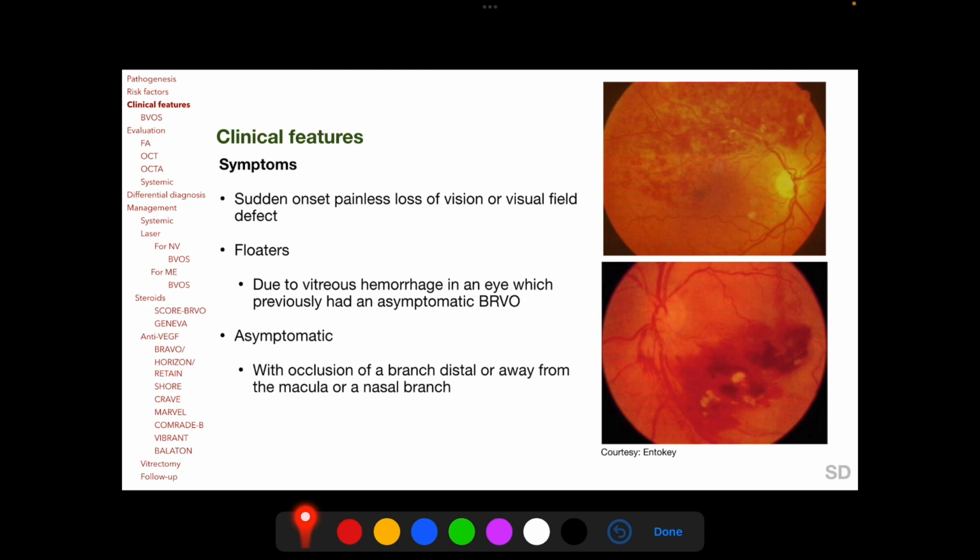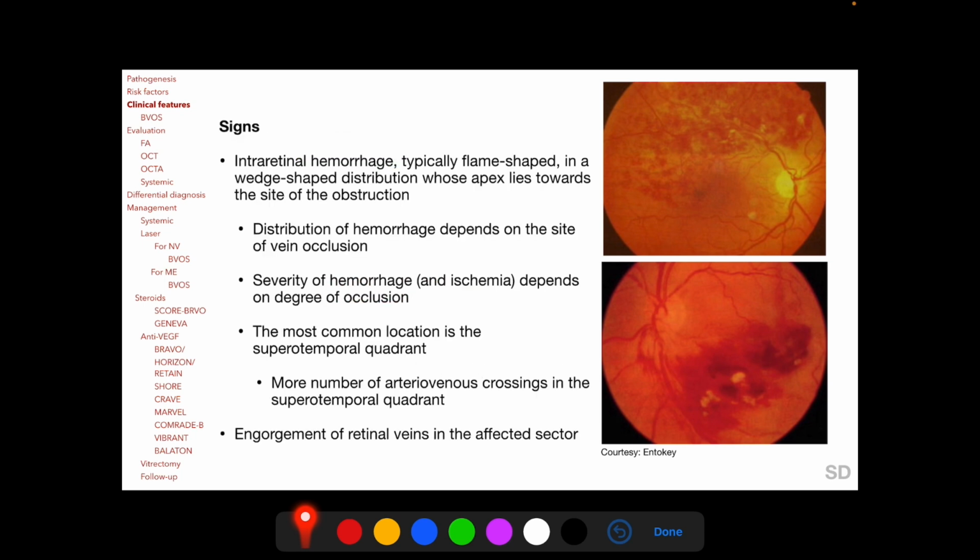BRVO patients can present with sudden onset painless loss of vision or a visual field defect, but BRVO can also be asymptomatic with occlusion of a branch retinal vein distal or away from the macula, or occlusion of a nasal branch retinal vein. Patients may also present with floaters due to vitreous hemorrhage in an eye which previously had an asymptomatic BRVO. On examination, we find intraretinal hemorrhages and engorgement of retinal veins in a wedge-shaped distribution as seen here in this clinical photograph,